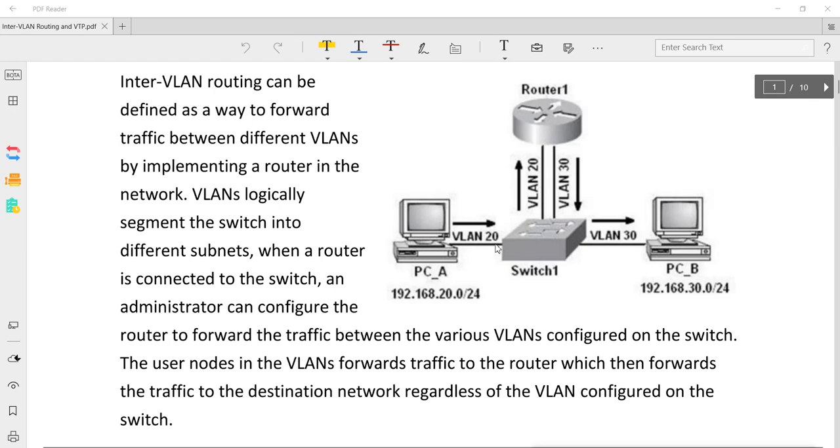So when we say we want to communicate between two different VLANs, we are saying we want to communicate between two different networks. What we can do is connect a router here to connect the two different networks. In the router, in this situation, I have two links, one link for one VLAN and the other link for the other VLAN.